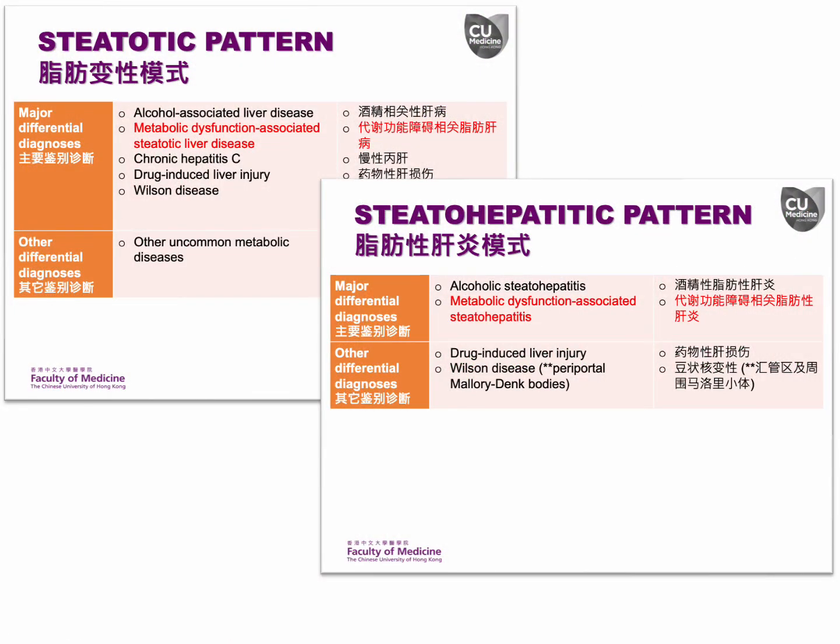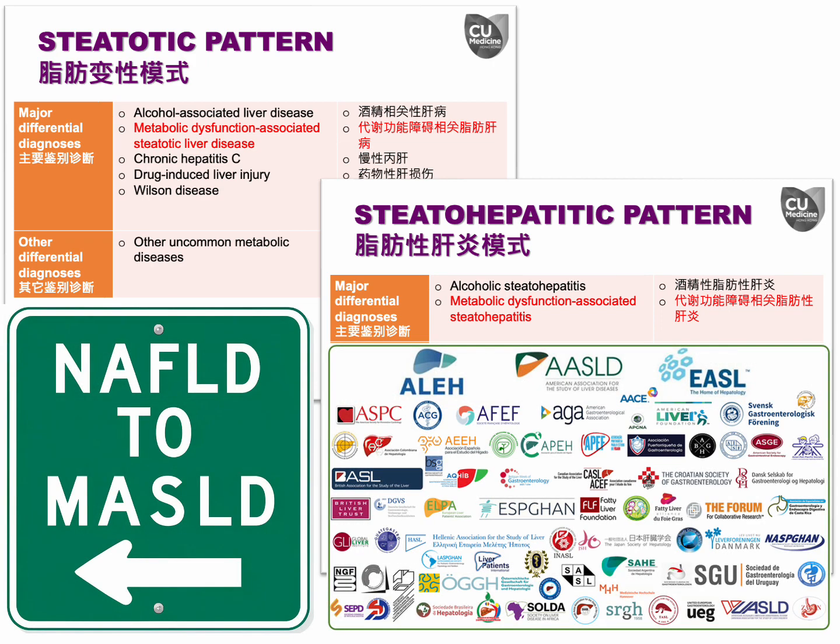You might have noticed that I haven't used the terms non-alcoholic fatty liver disease and steatohepatitis in most of the slides in this series. Instead, I refer to them as metabolic dysfunction-associated steatotic liver disease and steatohepatitis. These updated terms have been adopted since 2023 and are supported by over 70 professional organizations. This change aims to reflect the underlying pathophysiology better and to avoid the potentially stigmatizing terms non-alcoholic and fatty. If you're interested in learning more about the evolution of this terminology, please click the video link in the upper right corner.